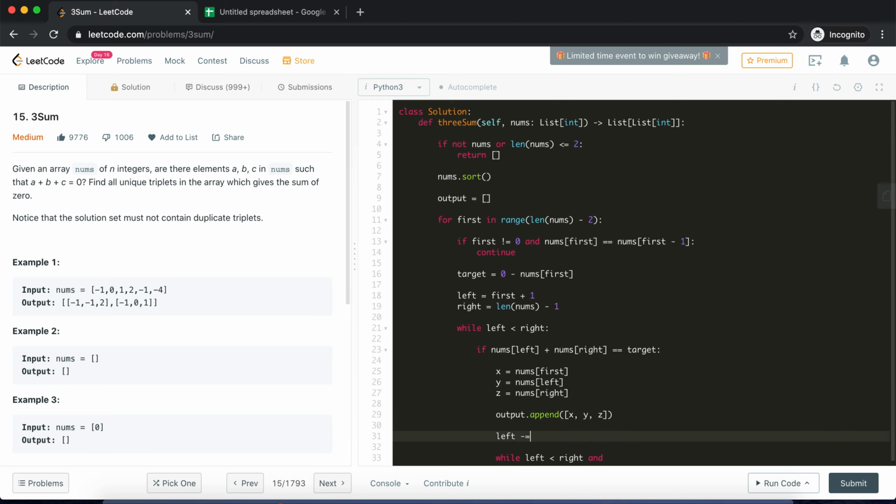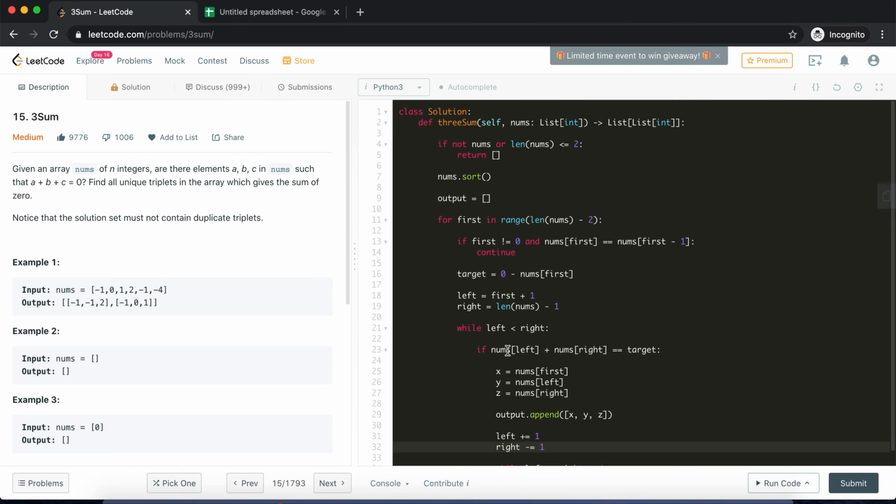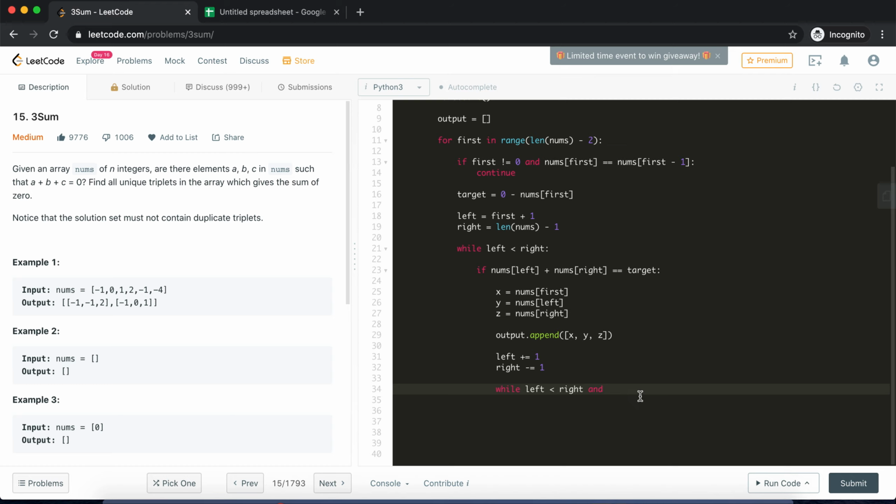So I need to increment my left by 1 and decrement the right by 1, because I know for sure that I need to adjust them once, since at this location the triplet has been found, right? So I'll move left here, and then I'll move right here one time, and then I need to make sure whether the number that I'm standing on right now has already been processed. If that is the case, then I don't want to process it again. So those two checks we need to do in this particular part of the problem.